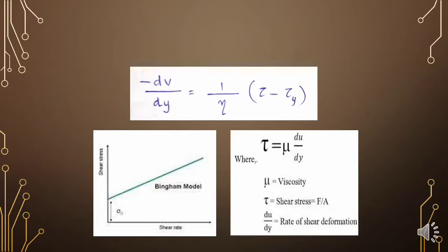Here you can see there is a gap from the origin to the start of the graph of Bingham flow. This gap, or this value of shear stress, is known as yield stress, represented by tau y, and this eta is known as the plastic viscosity. The reciprocal of this viscosity is called mobility, which is the analog of liquid fluidity. This type of rheological behavior was first discovered by the scientist Bingham, so it is known as a Bingham body.